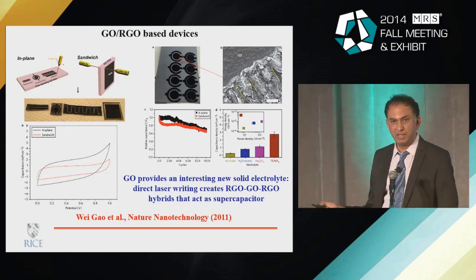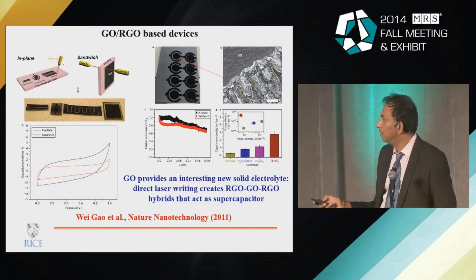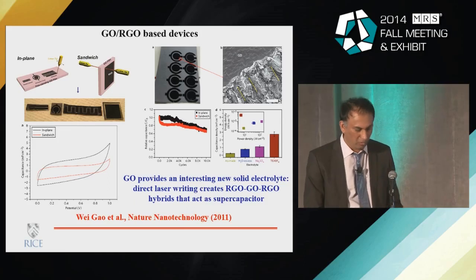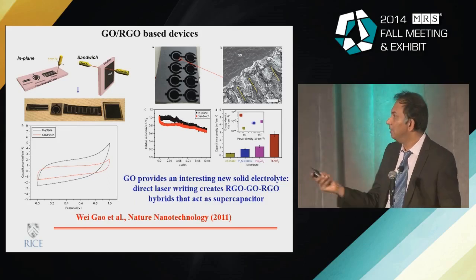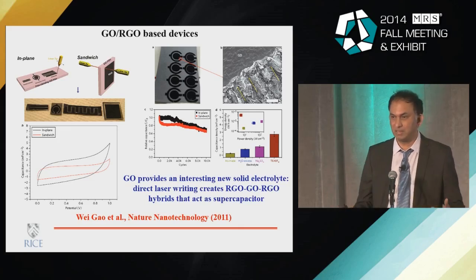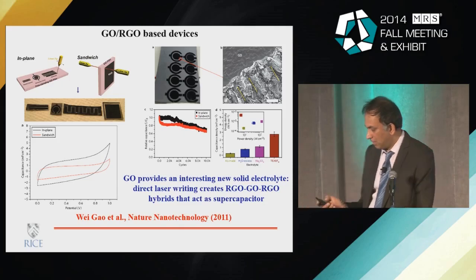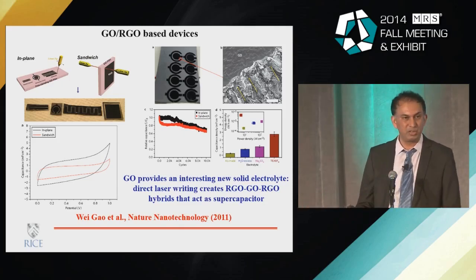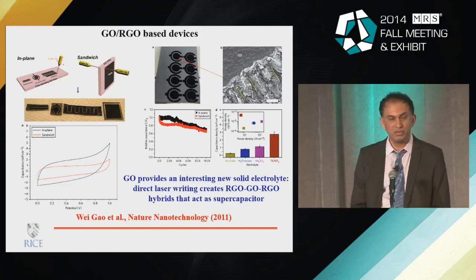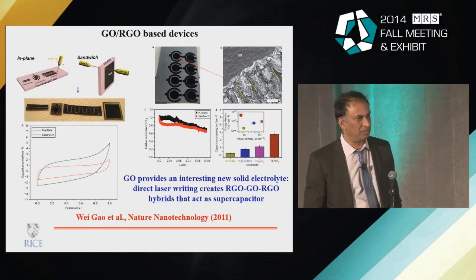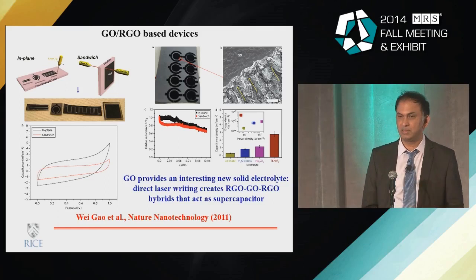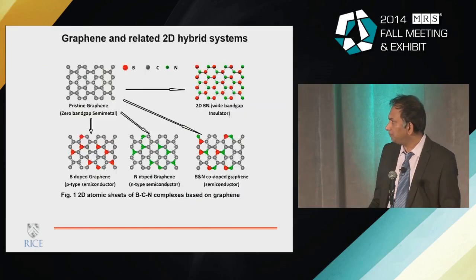And we have done several experiments. Many of the other groups have also been pursuing this to try and create devices that are based entirely on the different formats of functionalized graphene. So if you have graphene oxide and reduced graphene oxide, you can in fact build capacitor devices, supercapacitor devices, which are quite fascinating. In fact, GO itself seems to be an ionic conductor, especially in the hydrated form. And now people are also looking at the permeability of graphene oxide to various gases and so on. So I think there's a broad range of interest in this functionalized graphene as well.